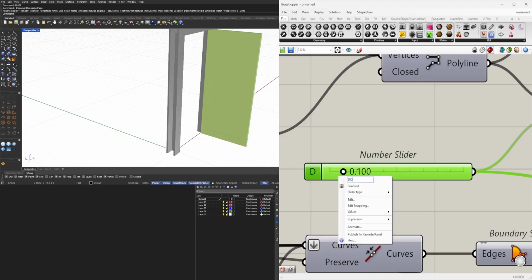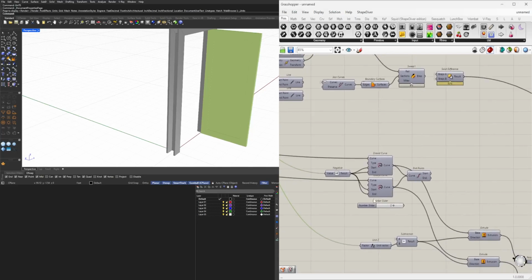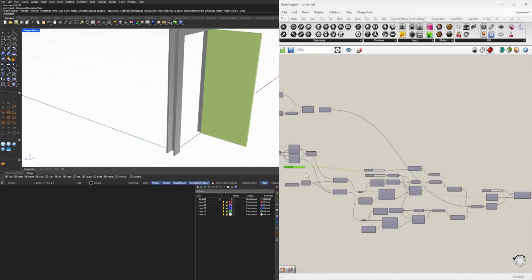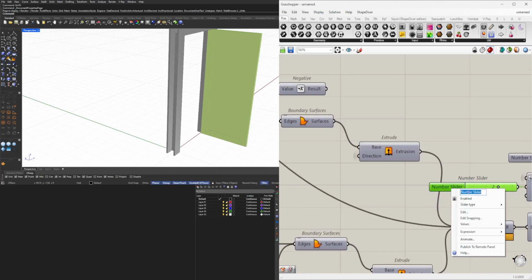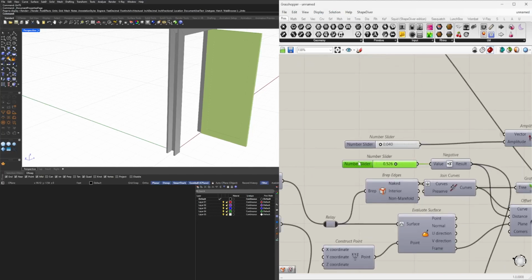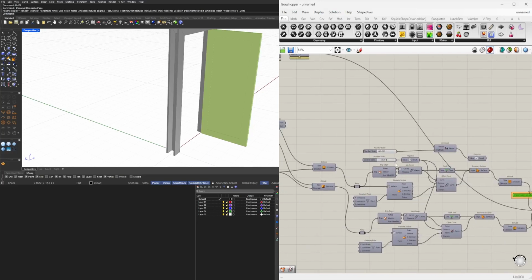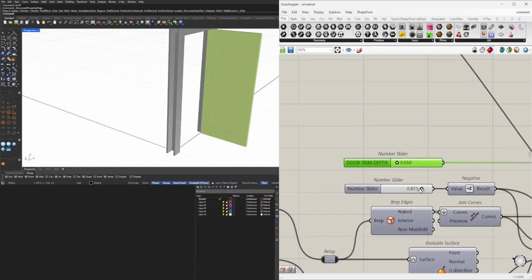Door trim depth. Door swing load. This one is the door trim depth, so 0.05, and then the